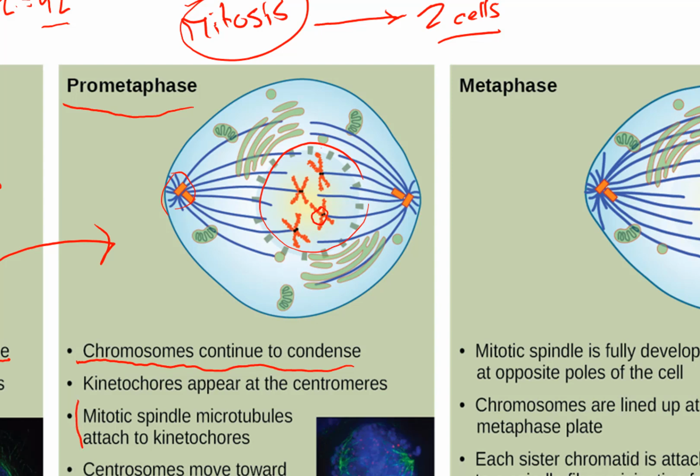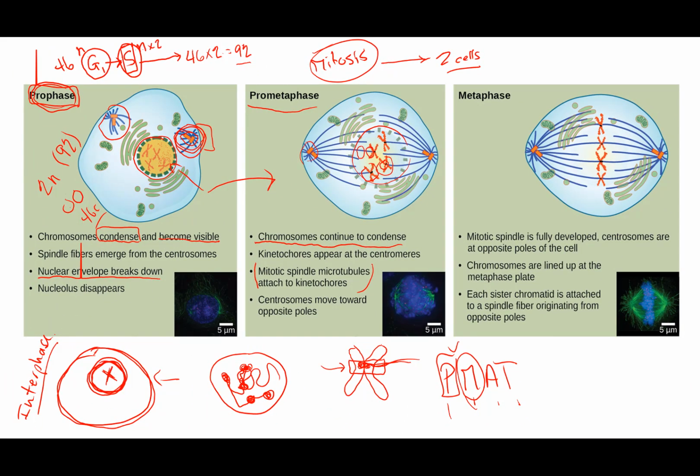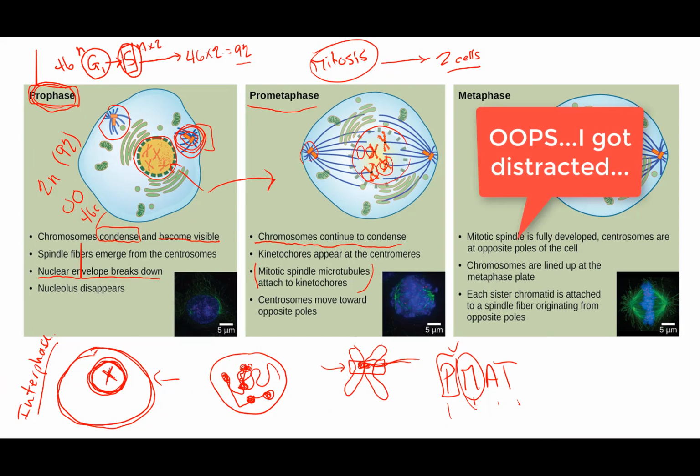Then the mitotic spindle microtubules will attach to the kinetochore. So you see here that we have some of those microtubules that are actually making contact with the kinetochore. We see this right here. We see another one here, another one here. And then what's going to happen is that those that are contacted,